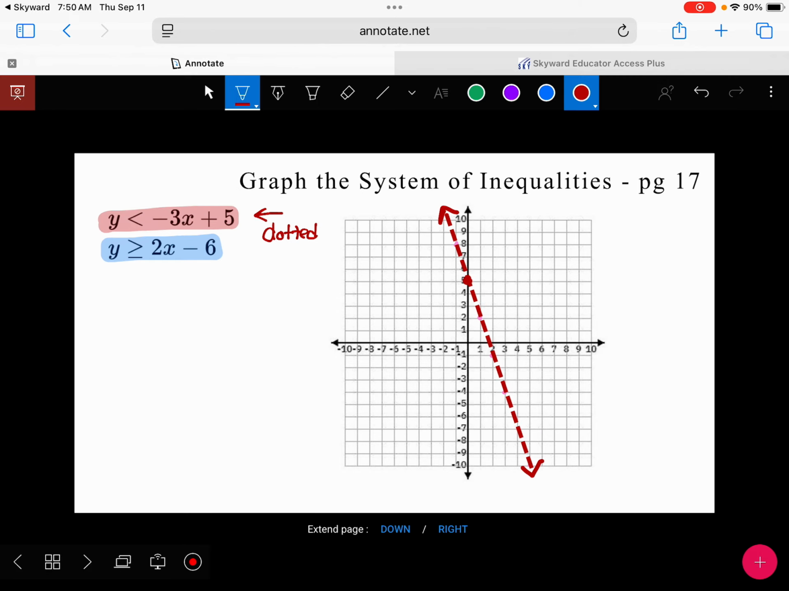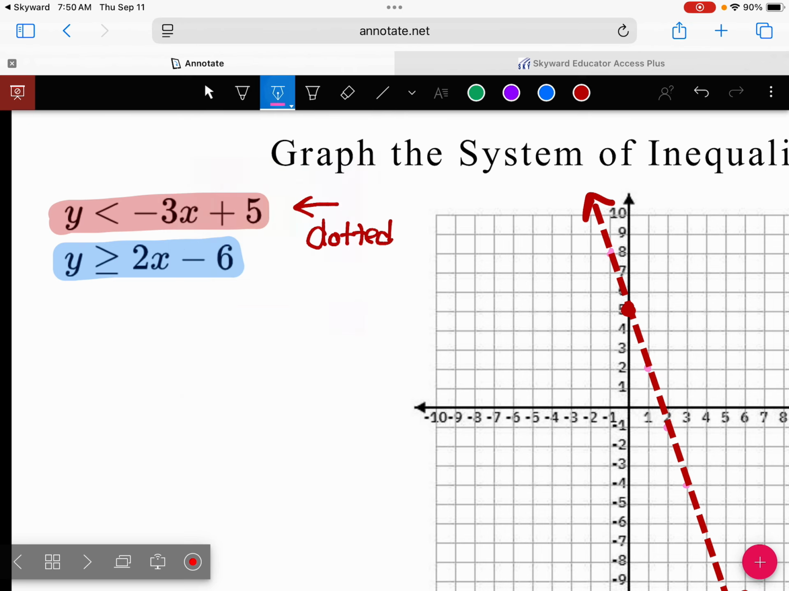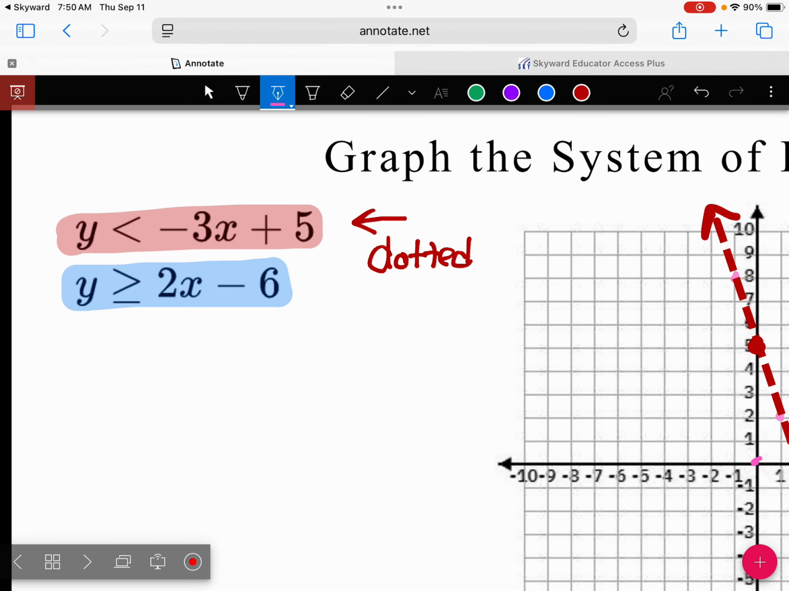And then we need to shade. We can do a test point. If you know the shortcut way, that's totally fine. I'm going to do a test point because that's how we did it every single time on the last chapter. I'm going to test 0, 0. We have our 0 less than negative 3